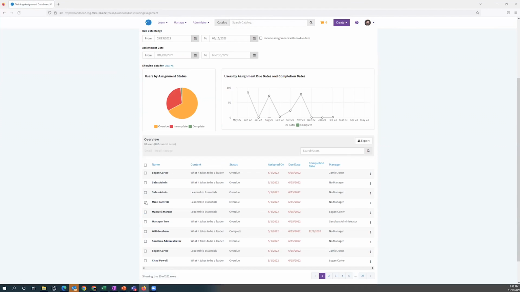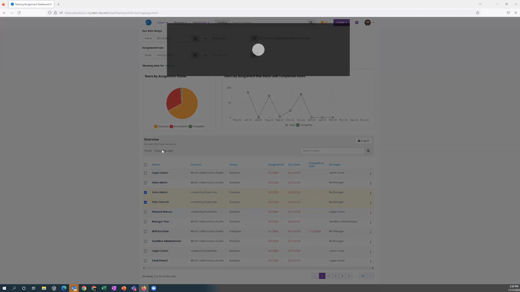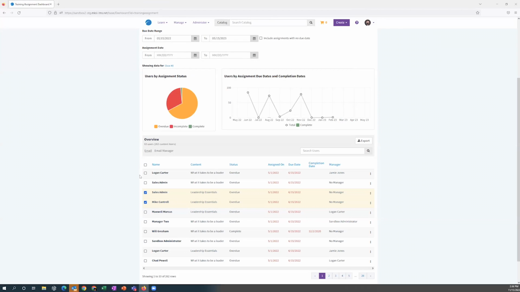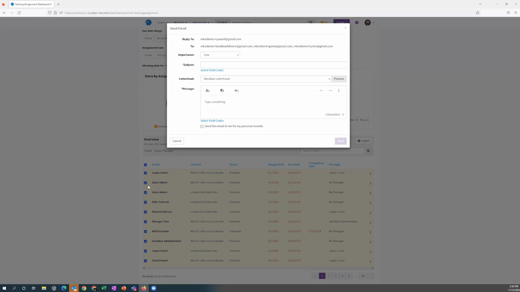If we select some folks, we can email people. We can email learners, we can email everybody, we can email learners' managers. One of the interesting things here is that obviously we have the automated emails that go out,